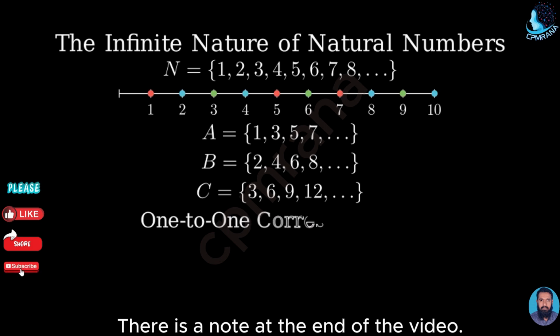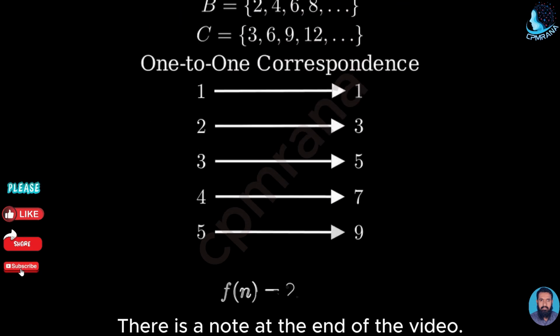Let's prove that these subsets are infinite. We can do this by showing that we can create a one-to-one correspondence between the natural numbers and each of these subsets. Let's start with the odd numbers. For any natural number n, we can generate the nth odd number using the formula 2n minus 1. This creates a perfect pairing between natural numbers and odd numbers, showing that there are exactly as many odd numbers